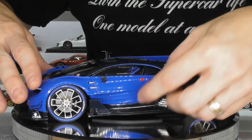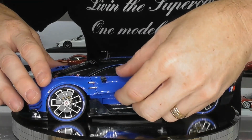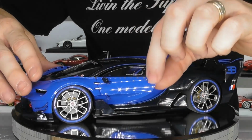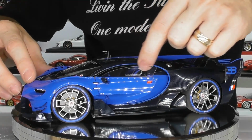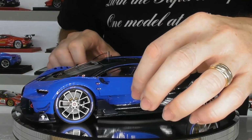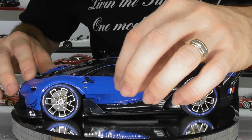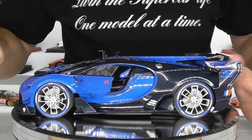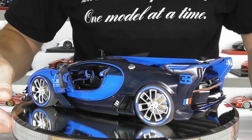So if we open the doors up, the windows just sit underneath the roof. So when you open the door, just press it down just a fraction, just to release the window from underneath the rail there. The doors actually feel reasonably solid on this car. They don't feel as flimsy as some of the other composite models, but that does give you full access to